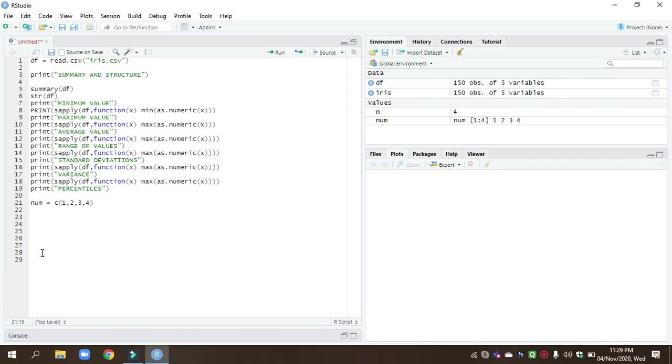Here I am writing num is equal to c(1, 2, 3, 4). In that case, c is the combine function. There are 4 features available in the Iris dataset: sepal length, sepal width, petal length, petal width. So those are the CSV columns.